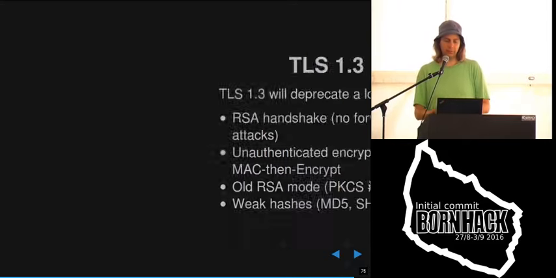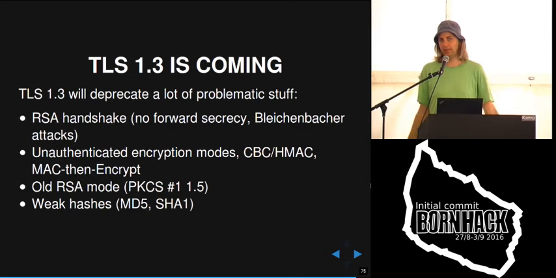Yeah, so in the future, the next big thing will be TLS 1.3, or maybe it will be TLS 2.0 or 4.0, that's currently discussed. But TLS 1.3 will deprecate a whole lot of problematic crypto constructions. One is the RSA handshake, which doesn't mean they will deprecate RSA, but if you're using RSA without an additional key exchange, that will be deprecated. All the cipher modes in TLS 1.3 will have what's called forward secrecy, and they will avoid these Bleichenbacher attacks, which were, for example, a reason for the DROWN attack.